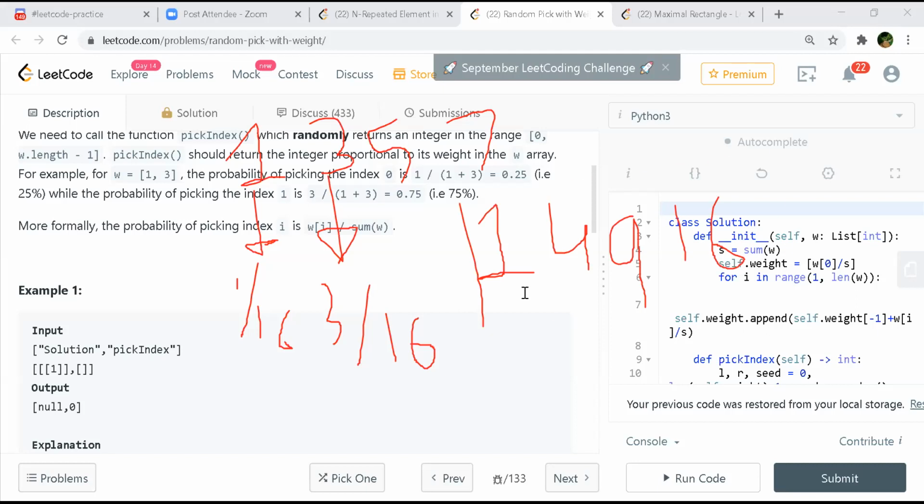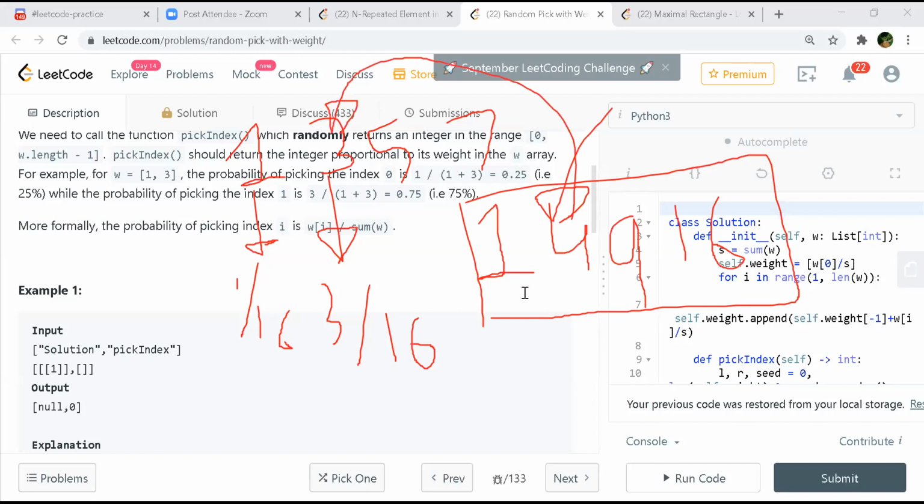Now, let's say I randomly pick a number. If I pick this number, I would say that this maps to 3, because I obtained this number by adding 3 to my previous sum.